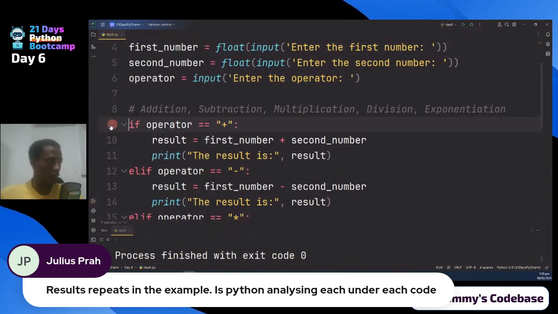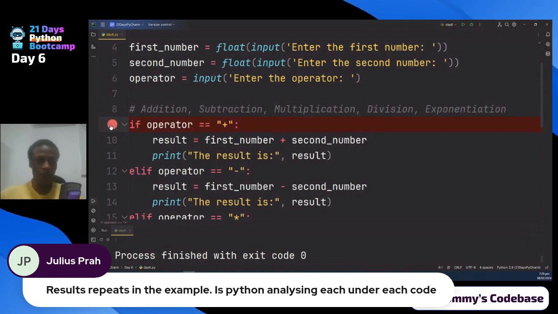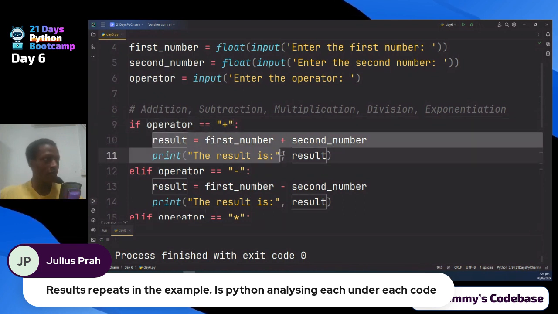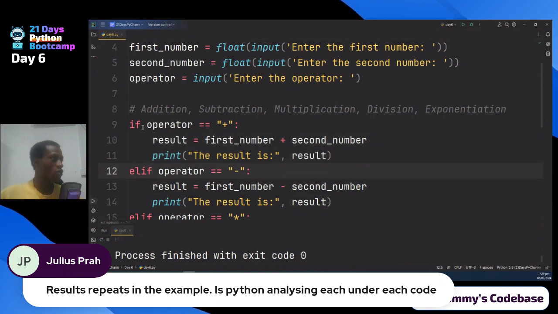So when it got to line 9, it realized that there was a condition. It checked it, and this evaluated to false. Once this is evaluated to false, it will not even look at any of the things inside here. It will just skip straight to the next condition, which is line 12. So once 9 evaluates to false,